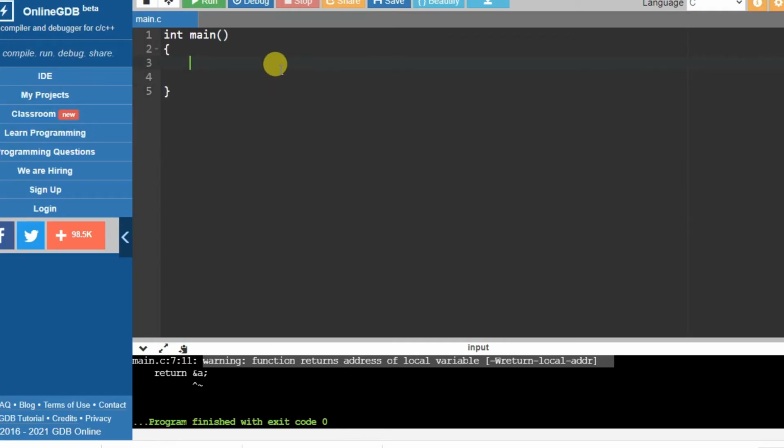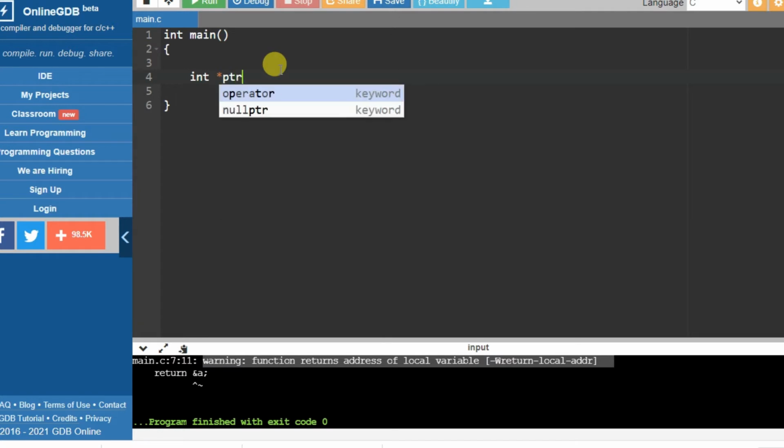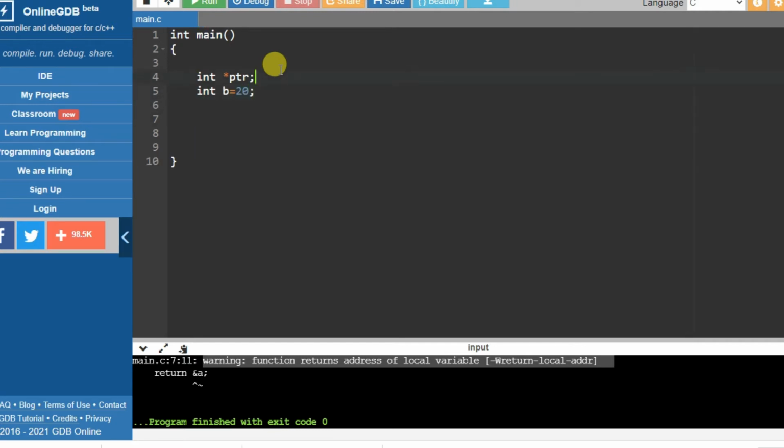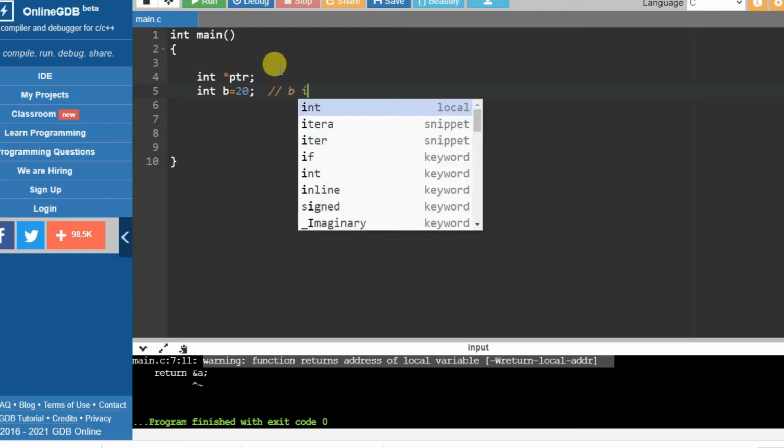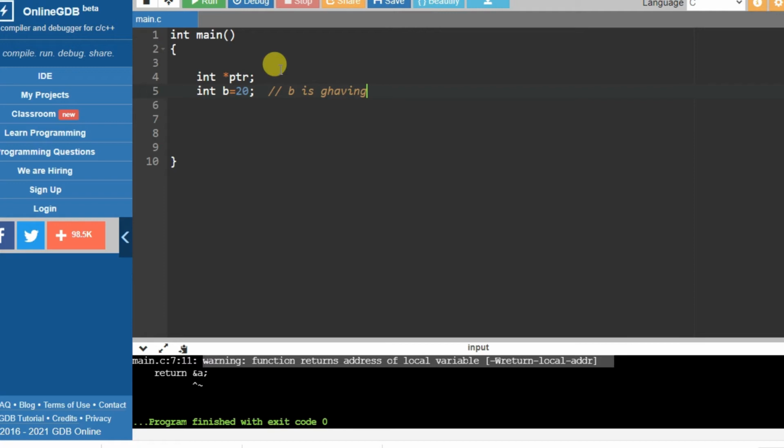Here I am creating an integer pointer, int star ptr. This is the first symbol which I am using. And let's say I am creating a variable int b equals 20. It means b has the value 20.